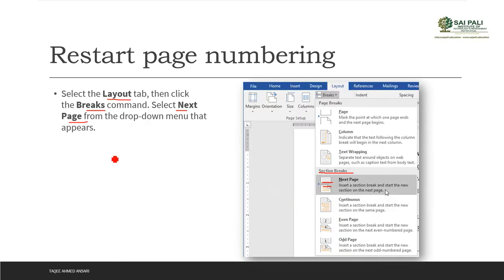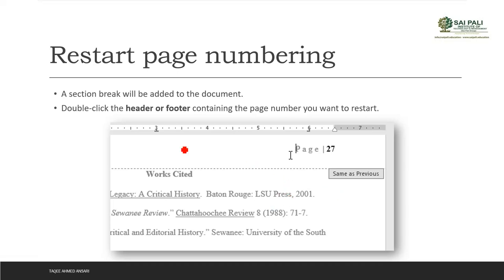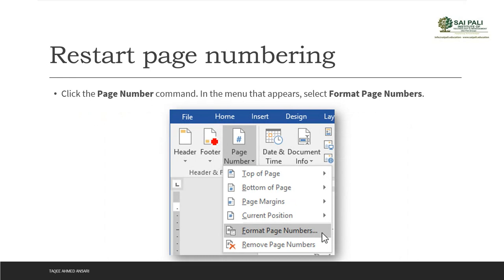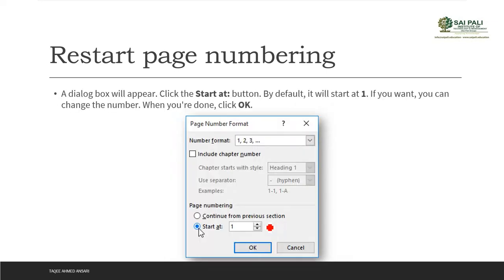Now after dividing the document into two sections, you can go to the header and footer again, then to the Page Number command, and select Format Page Numbers. It opens this dialog box. By default, this option means continue from the previous section.